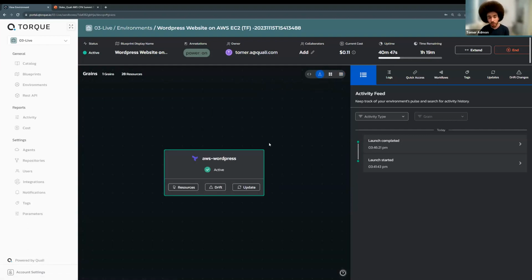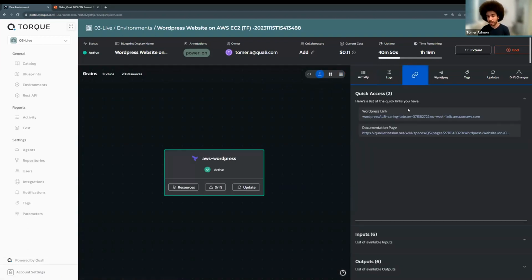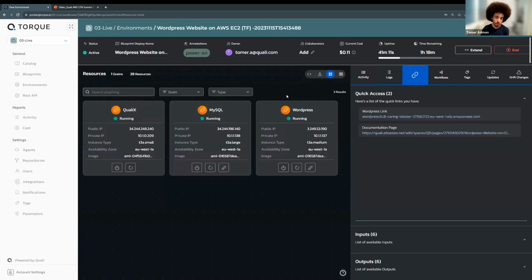So in this case, it's a WordPress deployment, and they can obviously get the WordPress link and go into it. It's going to be under AWS ELB. It's going to be easy to access. But what if they want to play with it and access the VMs? So Torque, as part of the infrastructure enablement for the consumers, provides a simpler view of the deployment. Instead of showing a very long list of resources or showing how this was deployed, we want to show the valuable assets or the right things for the specific end user.